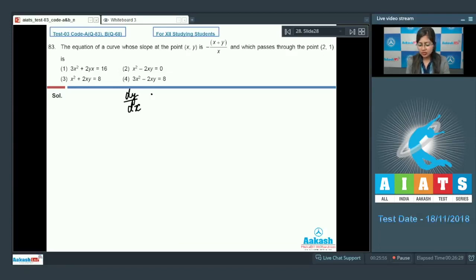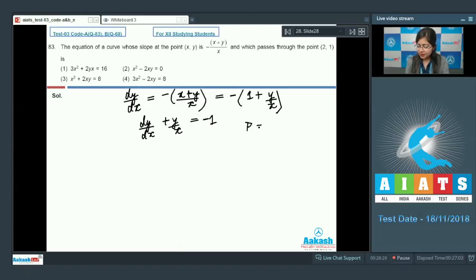So basically we are given dy by dx equal to minus of (x plus y) upon x, which can be written as minus of 1 plus y upon x. Now this can be written as dy by dx plus y by x equal to minus 1. Now here we know that dy by dx plus py equal to q. Comparing, we can see that p is equal to 1 by x and q is